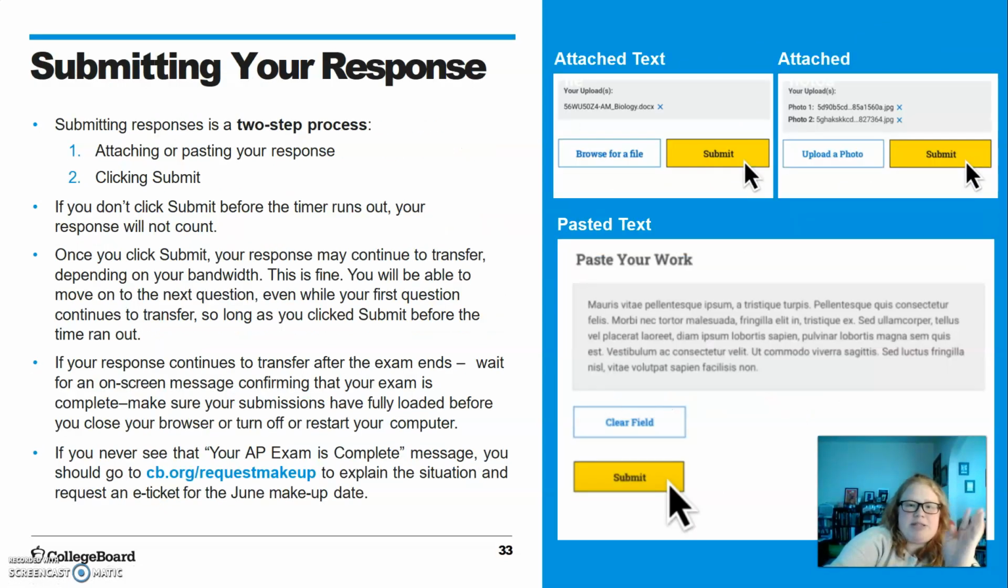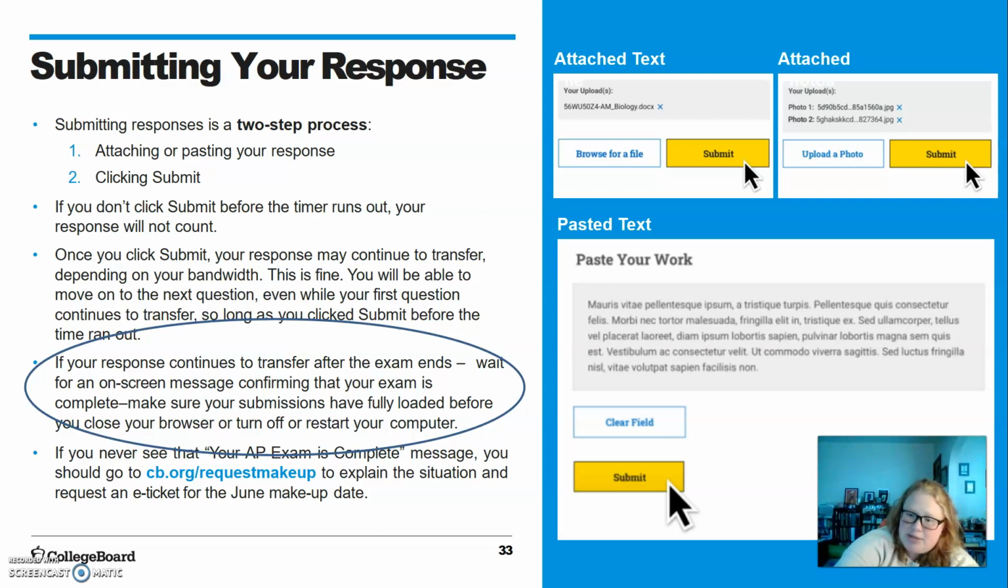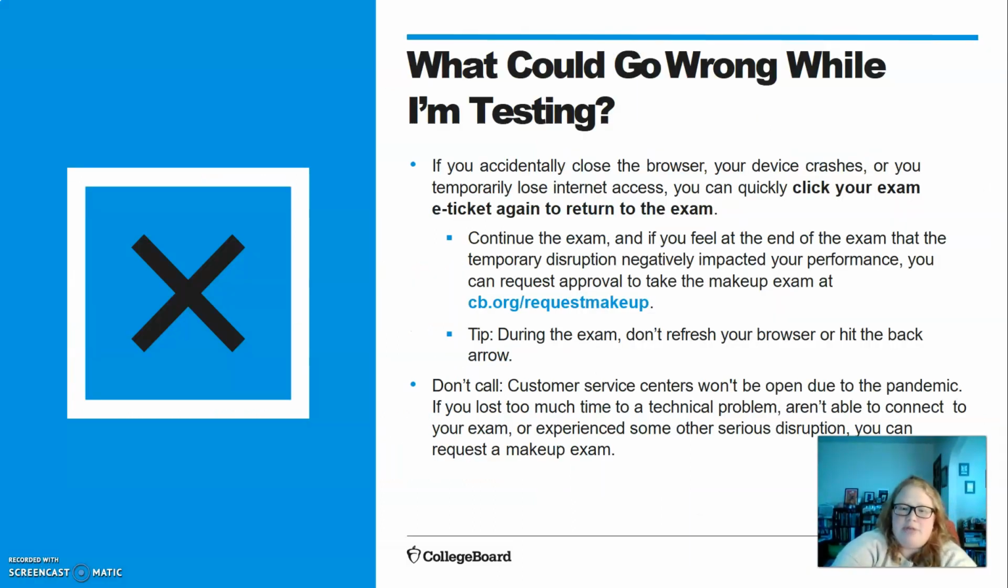Submitting your responses. This one is a two-step process. You have to attach or paste your response and then hit submit. Submit means that you are turning in your exam, okay? If your response continues to transfer after the exam ends, wait for an on-screen message confirming that your exam is complete before you exit out, okay? So make sure that you get the confirmation that your exam has uploaded before you exit out of your browser. Okay, if stuff goes wrong, go to